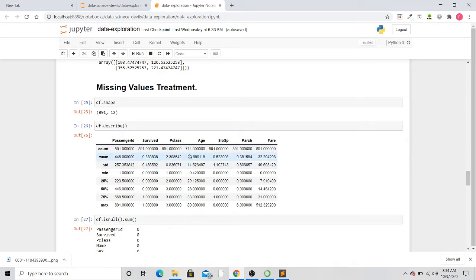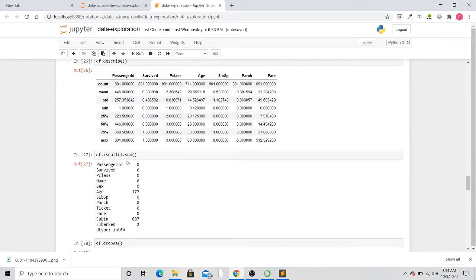Now I'm also interested in finding out how many missing values there are for categorical variables also. For that, there is a method available in the pandas library, isnull. So I write df.isnull().sum(). Now this will return the sum.